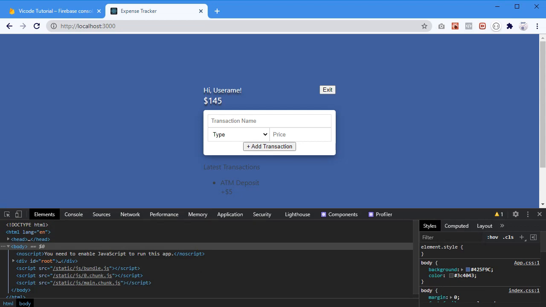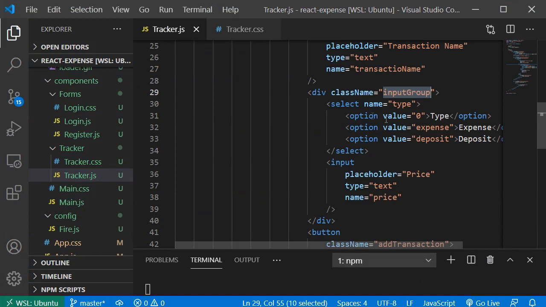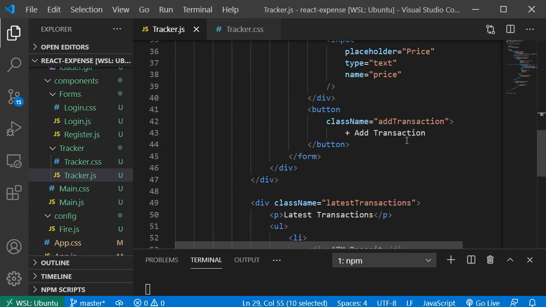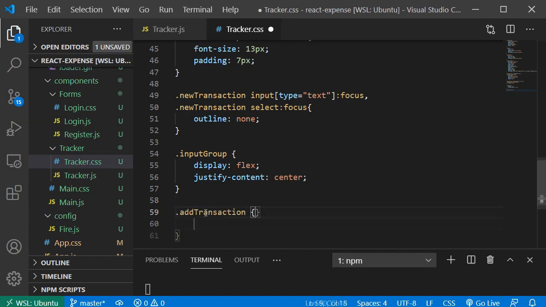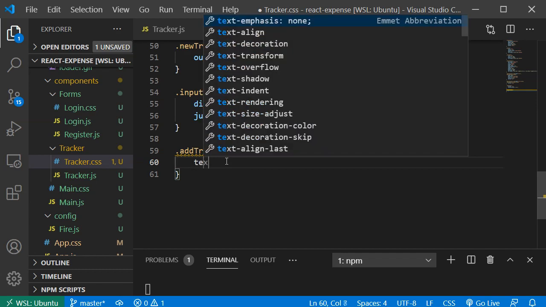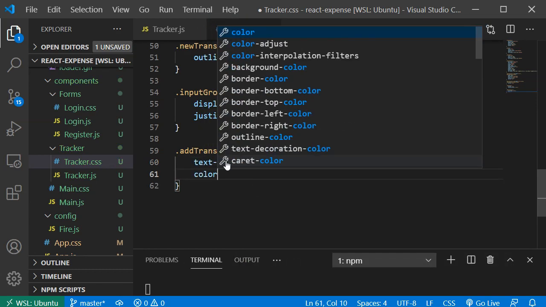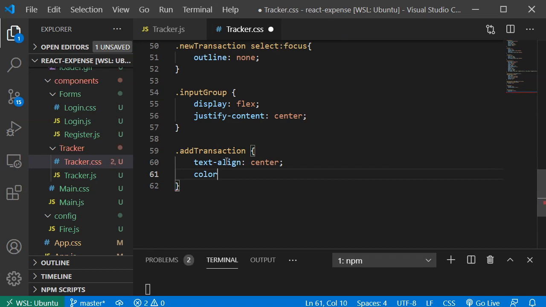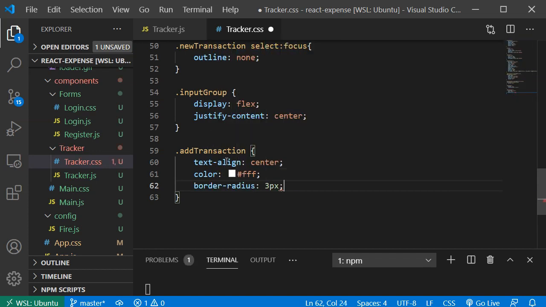Now the next thing is the add transaction button. Input price is done. Okay, add transaction button. This one is going to get text align center, color white, border radius 3 pixels,